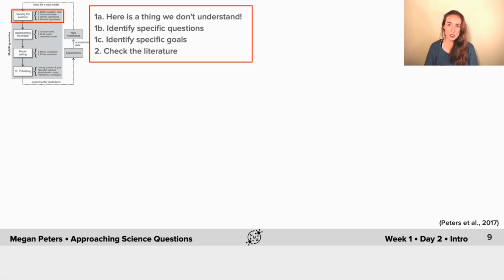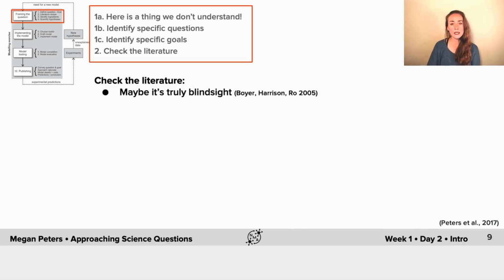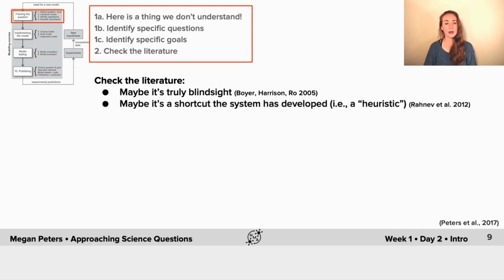So, as I mentioned before, we already know that previously published papers argue for the idea that TMS to primary visual cortex can cause blindsight-like behavior in healthy observers under certain conditions. But then we also have the other case that confidence seems to go up even though accuracy goes down. And then there's some other literature that we also felt was inspiring. So maybe it's this kind of shortcut that the system has developed, that zapping you activates a heuristic in the way that confidence is computed.